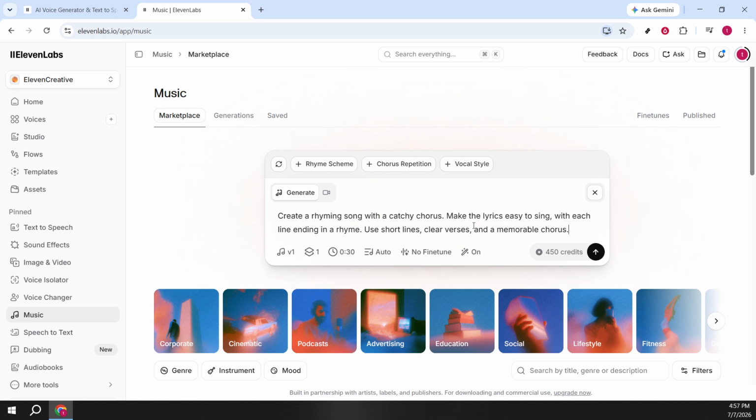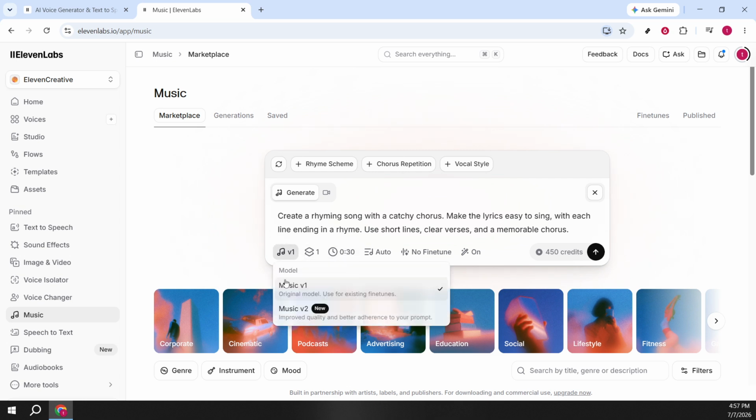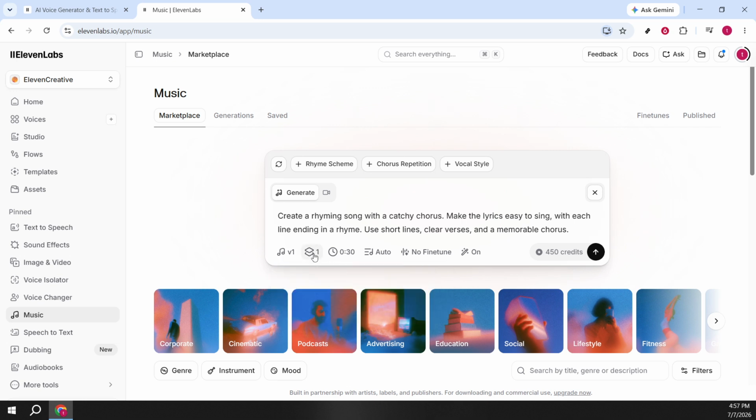This wording gives the model a structure to follow. Short lines improve phrasing and breath control when performing. Clear verses organize the story and build anticipation for the hook. Insisting on end-line rhymes strengthens musicality and makes the song easier to remember. Keeping syllable counts relatively even across lines also helps rhythm, and calling out a catchy chorus ensures repetition and a